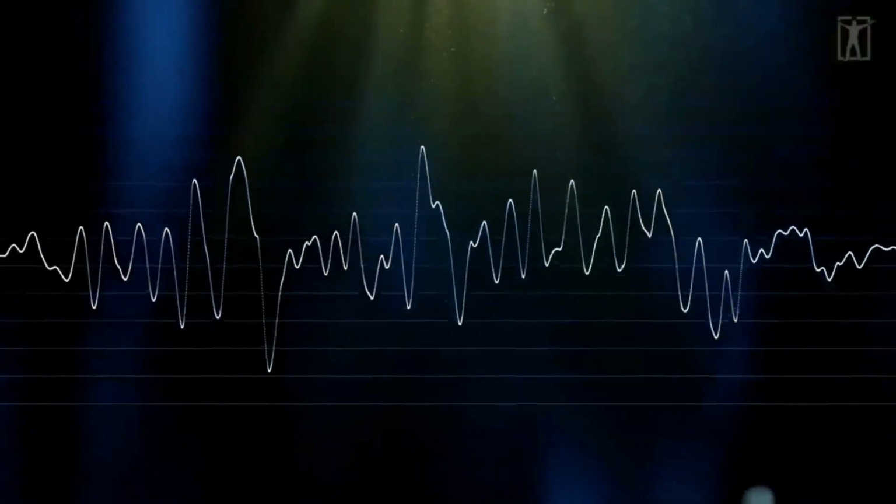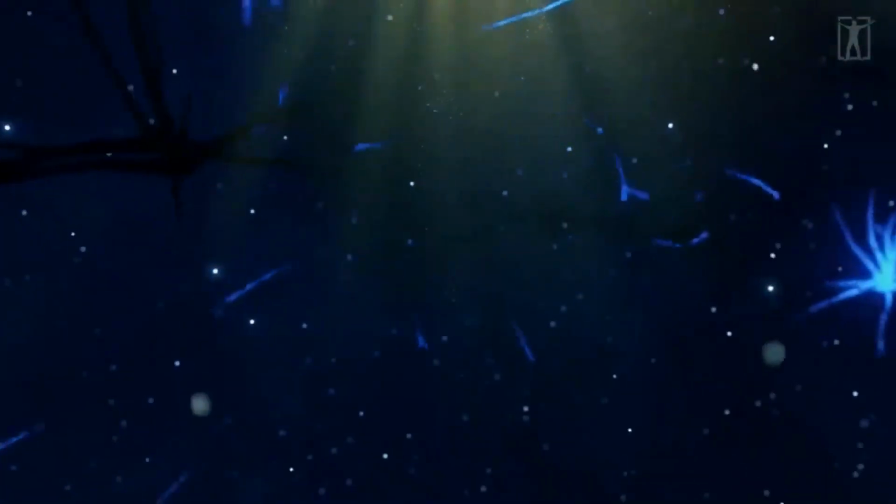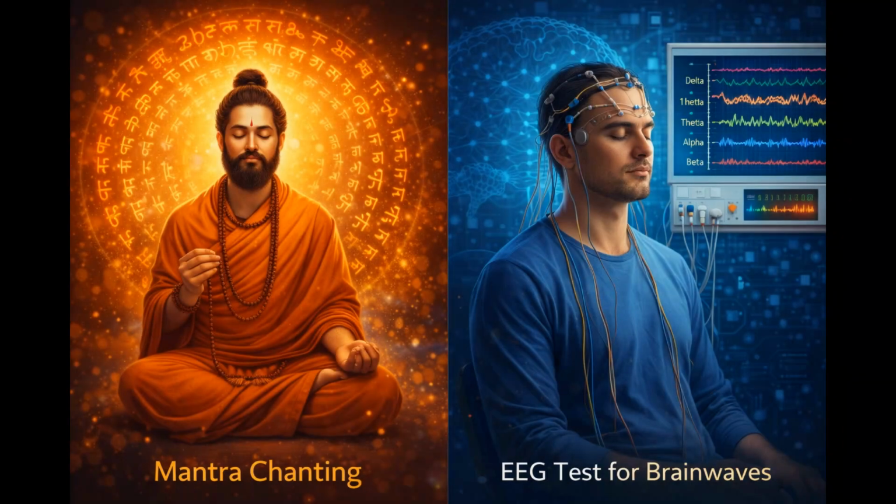The 40 Hz sound works by aligning the brain's electrical activity into a more coherent and synchronized pattern, which is often linked to improved cognitive abilities. The next example you're going to see is an experiment conducted at the Neurosciences Research Department of NIMHANS, Bangalore, wherein a practitioner was chanting a particular mantra and EEG electrodes were connected to the brain at specific points. The recordings of the EEG graph clearly showed there was a measurable change in the brain activity during the chanting.